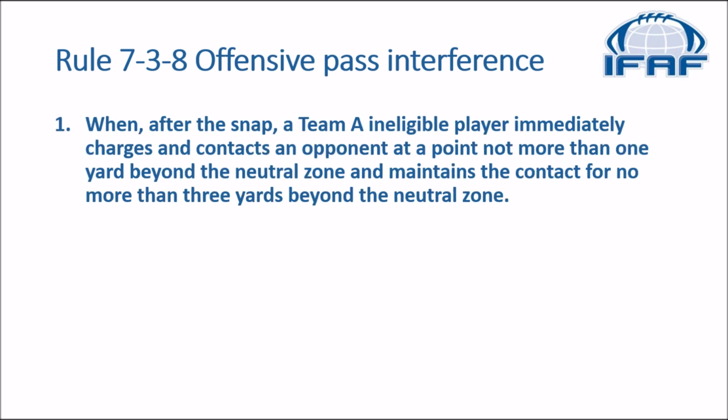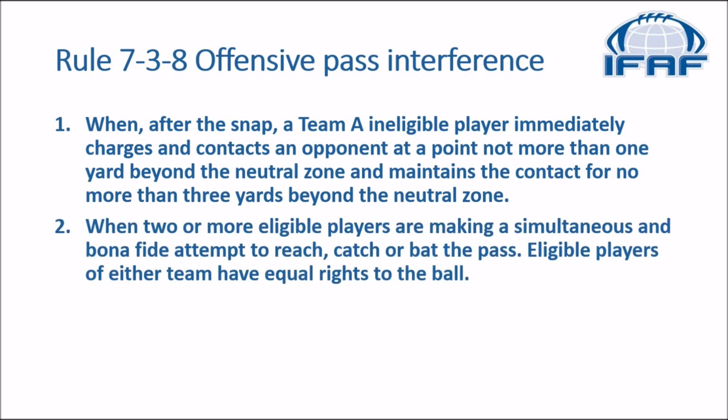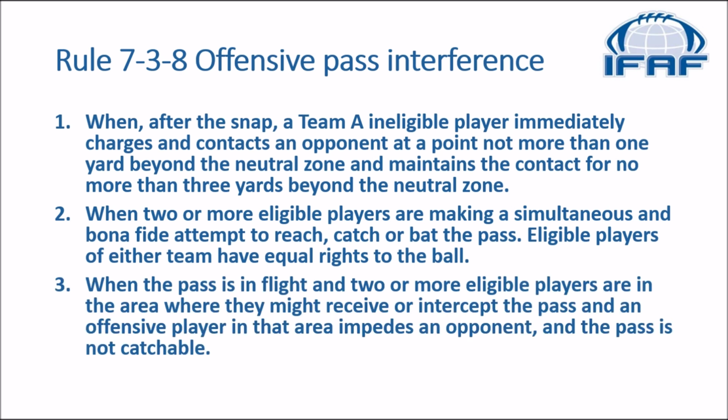1. When after the snap, a Team A ineligible player immediately charges and contacts an opponent at a point not more than 1 yard beyond the neutral zone and maintains the contact for no more than 3 yards beyond the neutral zone. 2. When 2 or more eligible players are making a simultaneous and bona fide attempt to reach, catch, or bat the pass, eligible players of either team have equal rights to the ball. 3. When the pass is in flight and 2 or more eligible players are in the area where they might receive or intercept the pass, and an offensive player in that area impedes an opponent